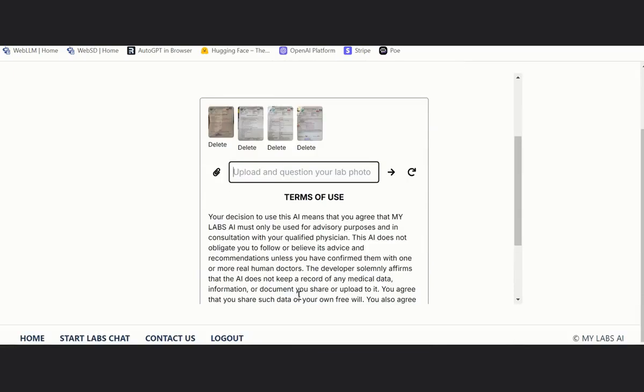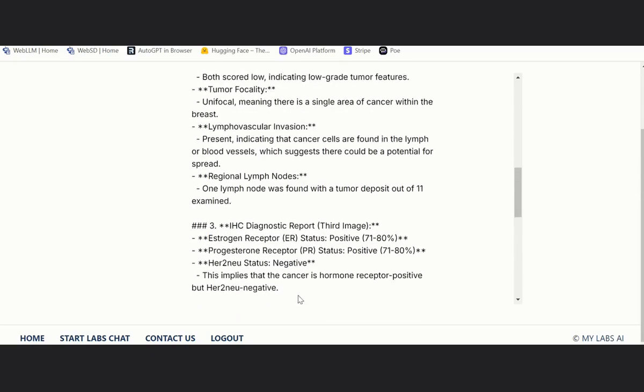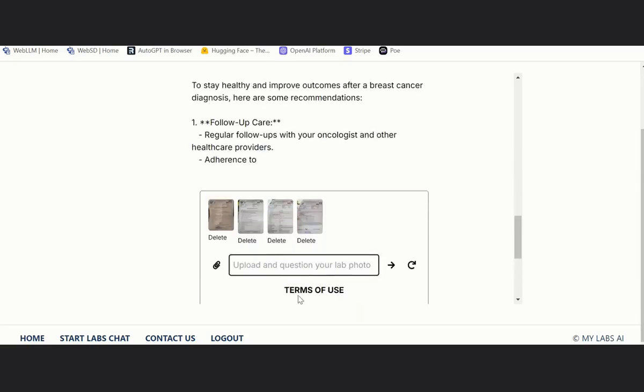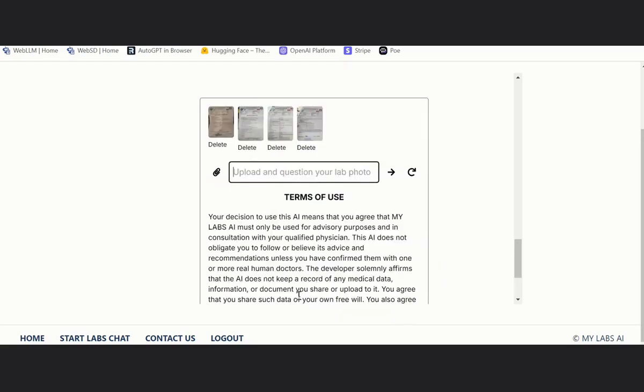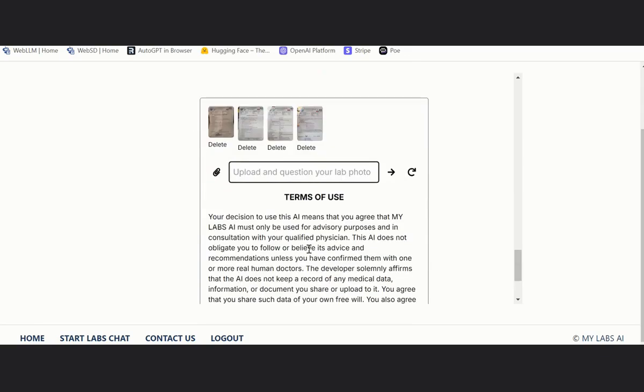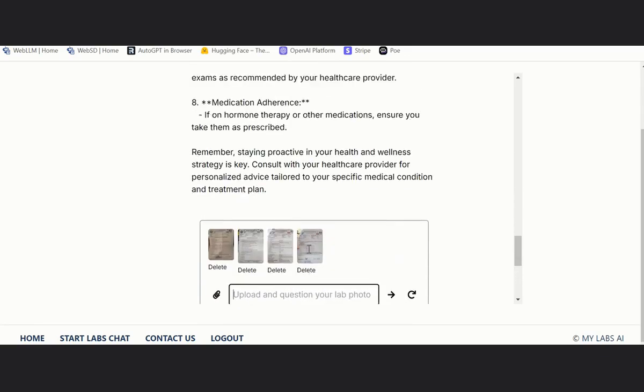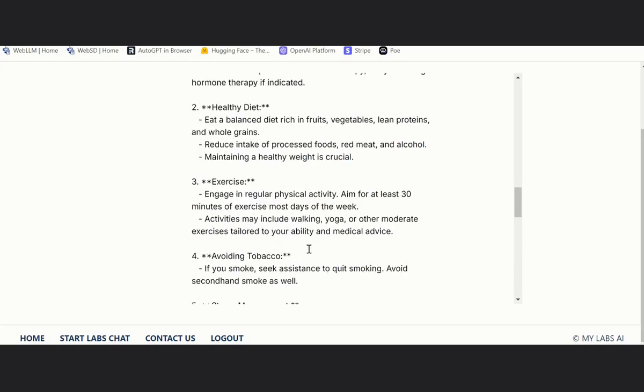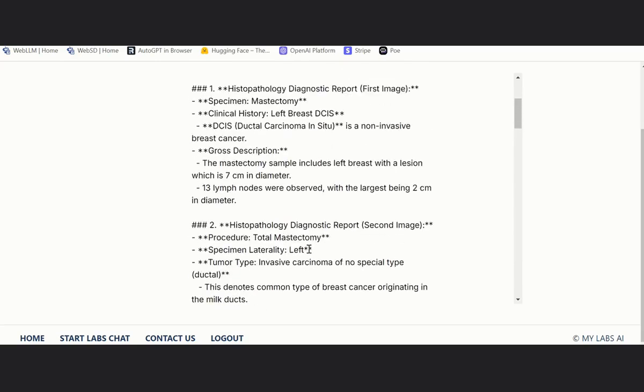Right? So that's what the patient was able to ask the AI for, to not just explain the report, but also to give her some tips about how she can remain healthy, become a cancer survivor, and also beat breast cancer. So the AI has a lot of work to do to answer all those questions. So let's give it some time to complete this generation. It looks complete now, so let's go from the top and see what the AI has to